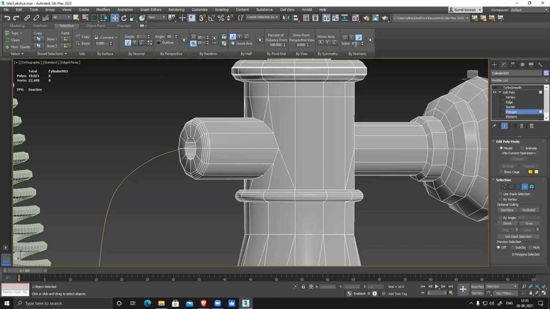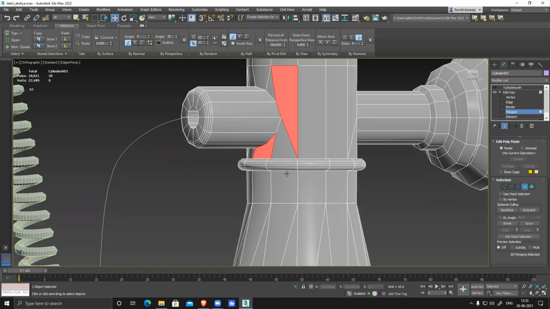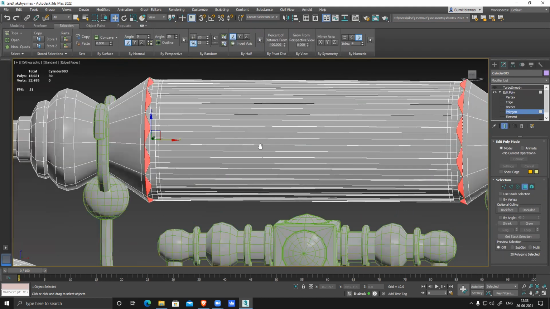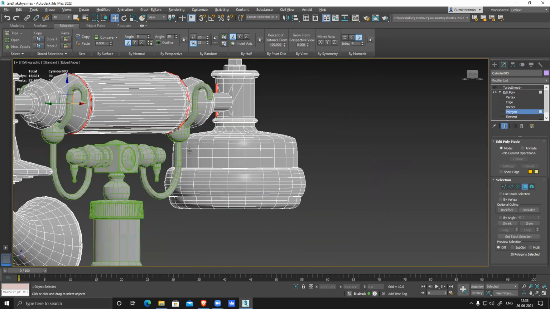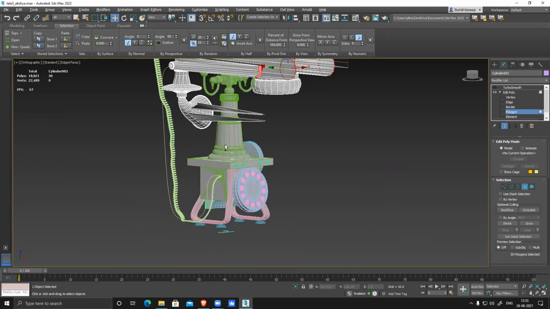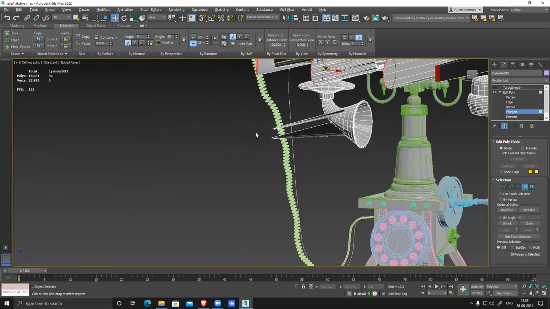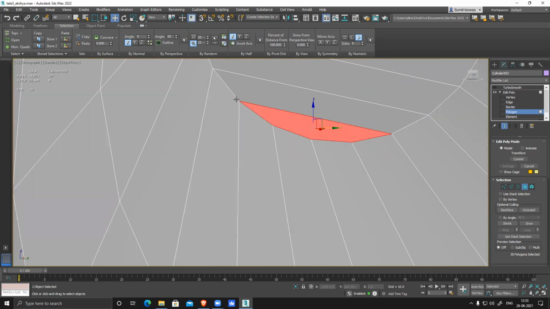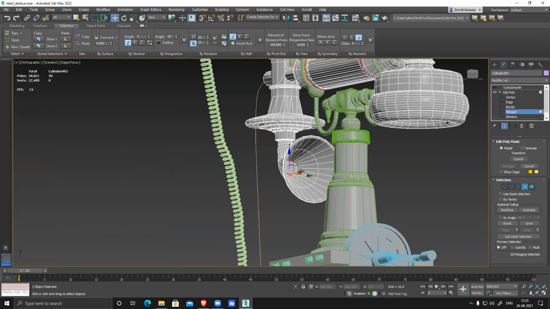Oh, finally. So more than four sides, click on this, you can see. Press F2, it will highlight. It's a problem, problem, problem. So wherever this thing is selected, all these areas are problem. So like this, double check your model. There shouldn't be any n-gons. N-gons are absolutely no.